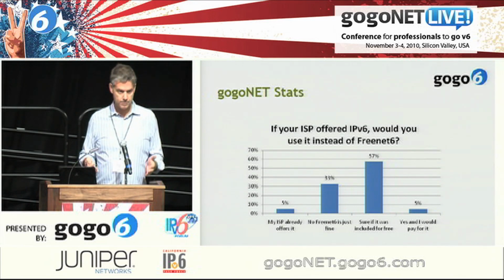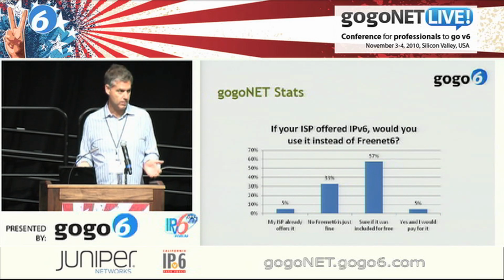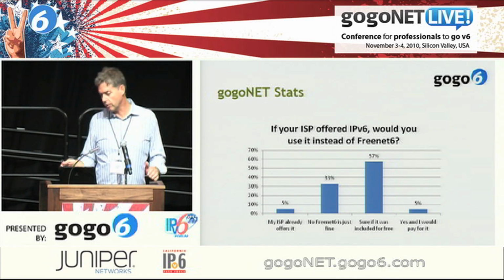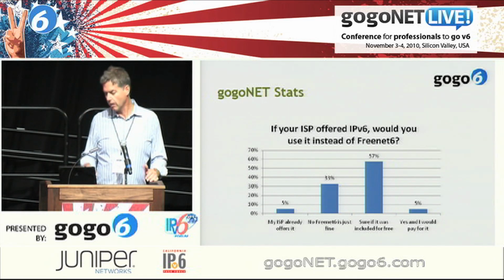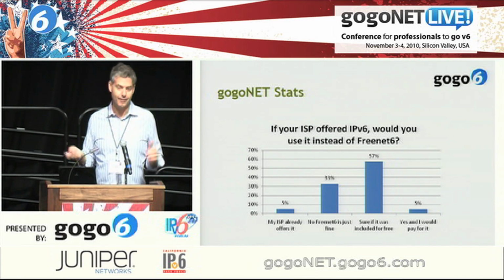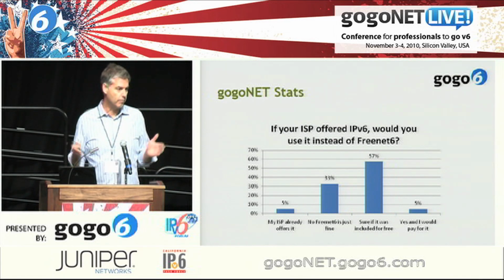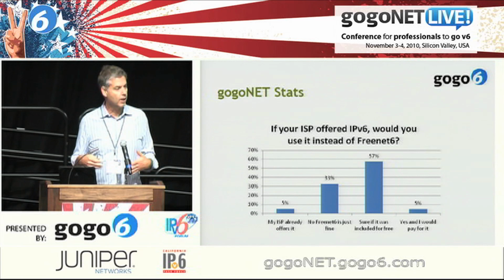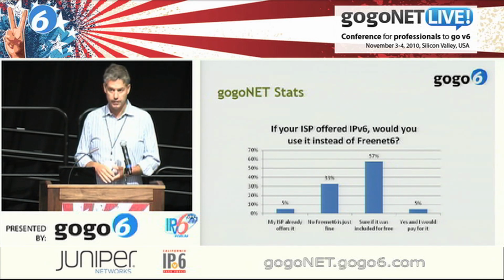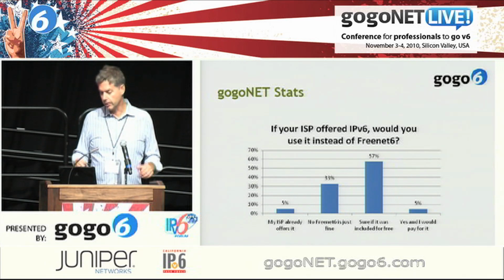5% of their ISPs have IPv6. It's getting there. So I think that's relatively fair. The other numbers I don't think mean as much, other than maybe the last one, that they would pay for it. Now, our particular audience, our particular membership, is a little bit more inclined to pay for IPv6 than the average bear. But I think it does say something.